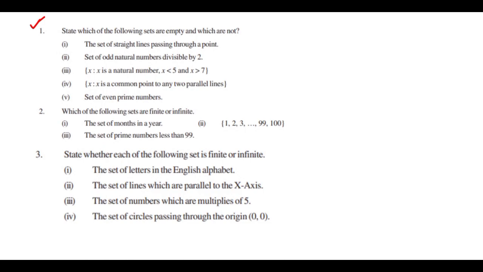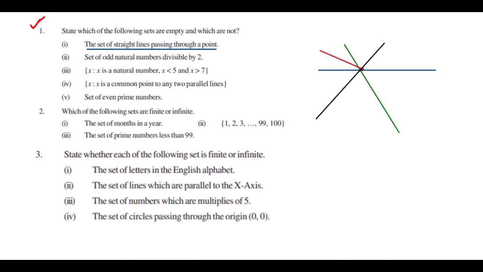Okay, first question here: the set of straight lines passing through a point. Yes, one point here I am taking. Through this point, can you draw a straight line? That's the question. Once again, the set of straight lines passing through a point. Yes, through a point we can draw a line like this. Or if you want to draw another line, you can draw through this point like this. Or a third line, you can draw like this. Or a fourth line, through this you can draw like this.